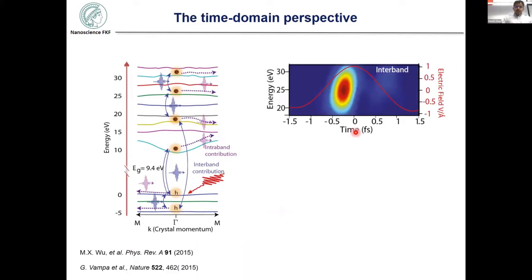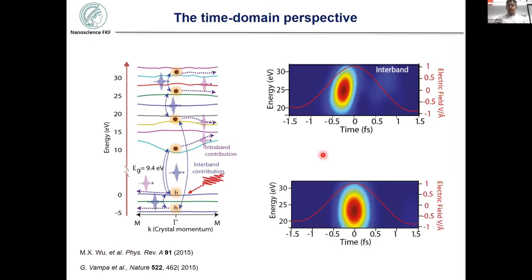And if you do a time frequency analysis of these individual currents, for the interband polarization, you will see a feature like this one. The red curve over here is the peak of the electric field of the driving pulse. You see that the time frequency analysis is shifted towards the positive side, which implies it has a positive chirp, which means the harmonics develop over time. And so this is similar to the three-step model.